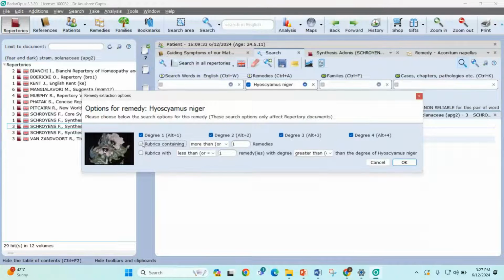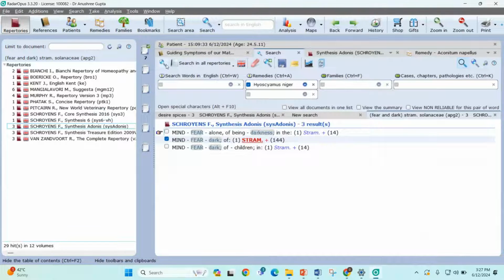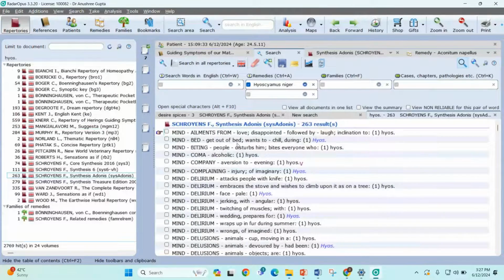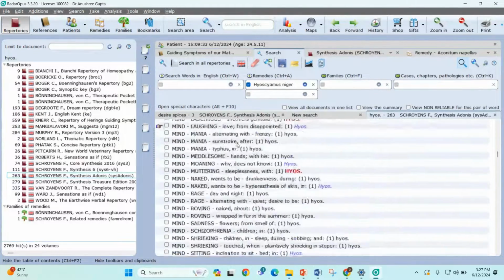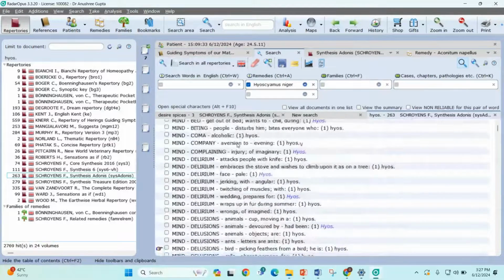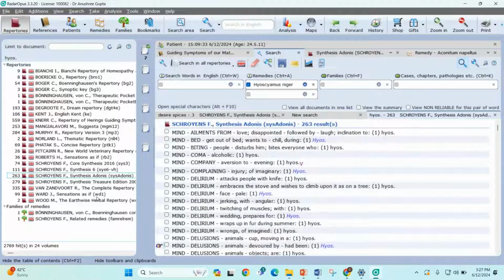You need to select rubrics containing in the next box exactly one remedy. Okay. And now if I search it among all the repertories, I can see all the single remedy rubrics related to hyoscyamus being opened from the different number of repertories. So this is how you can do your single remedy rubric search.